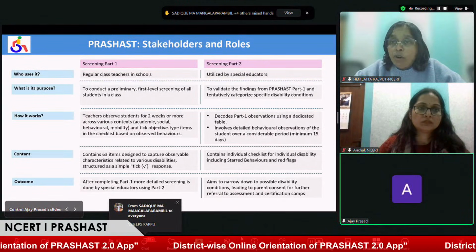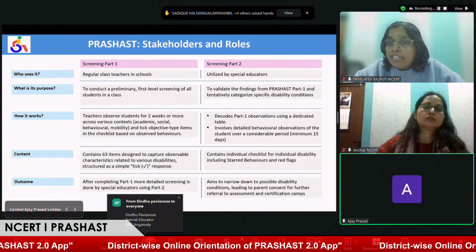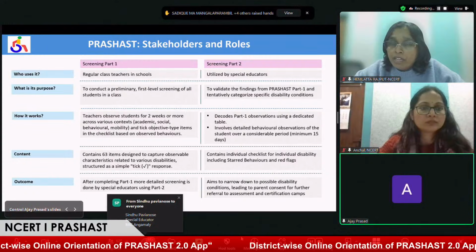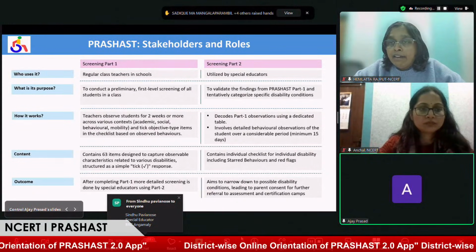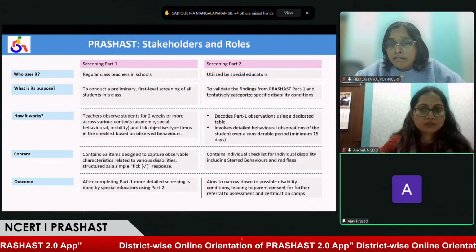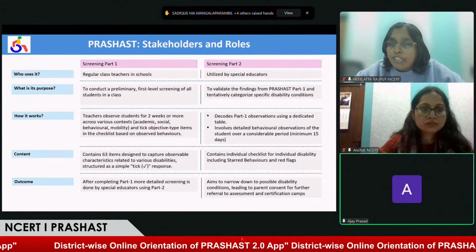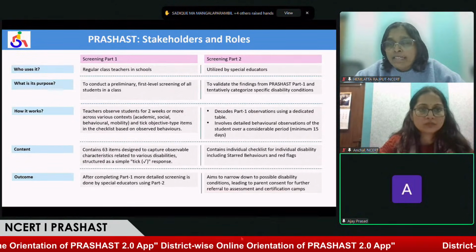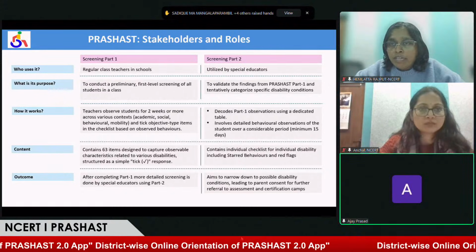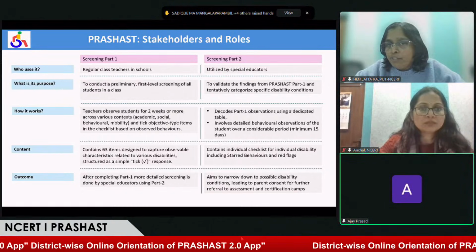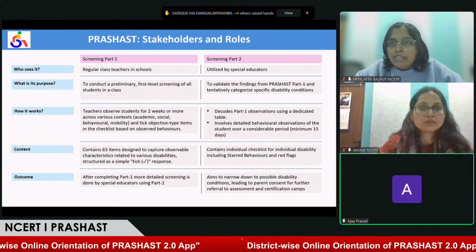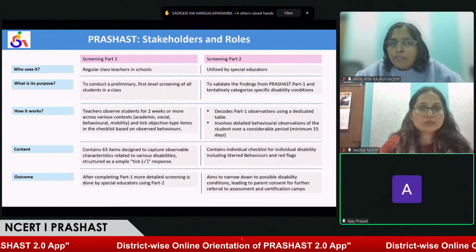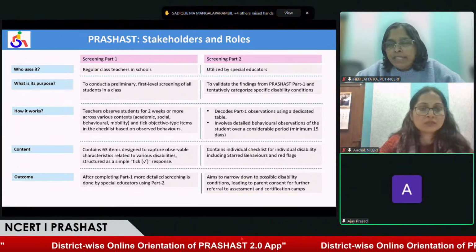Or if he or she observes that this is not the only disability, that other disabilities are also observed, then multiple disabilities can also be picked by the special educator, who can go through the different disabilities and their statements and fill this form thoroughly. If they want to record an observation regarding the student, they can mention a special remark there. The full right is given to the special educator. If they think the student has difficulty in different ways, they can mark it there and fill this screening part two.